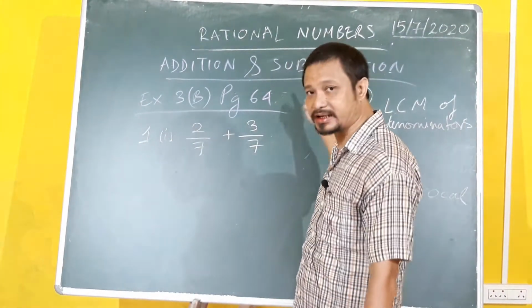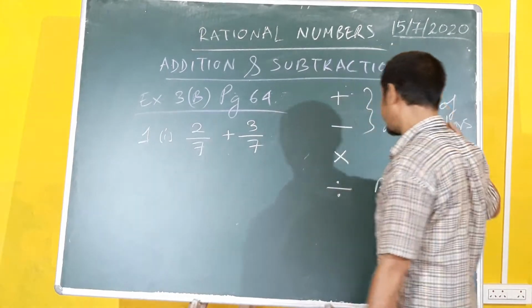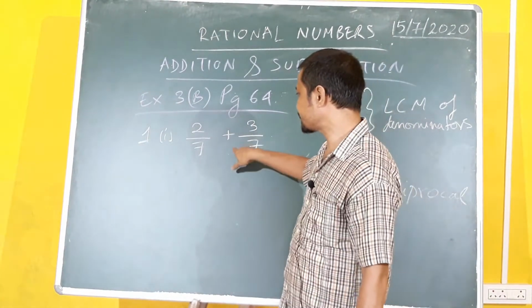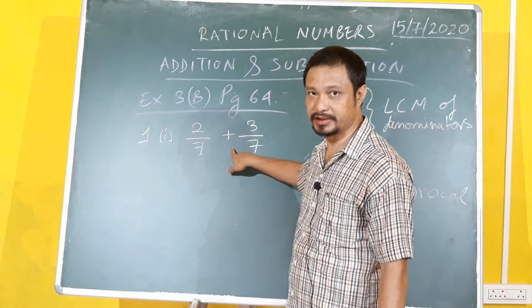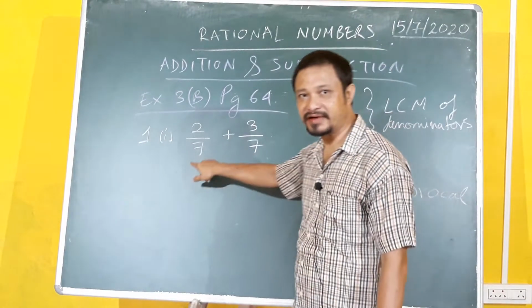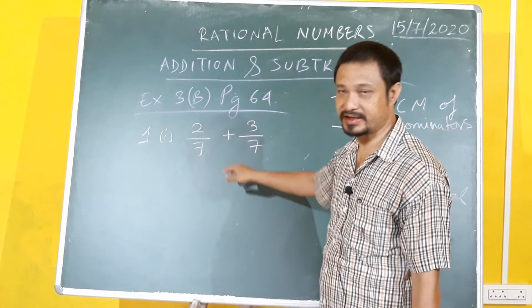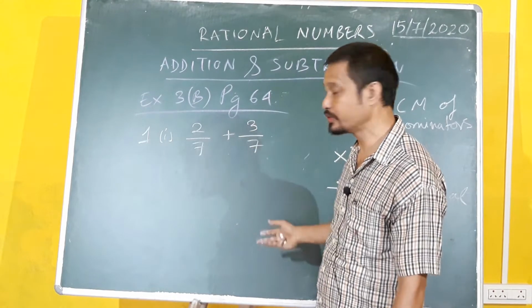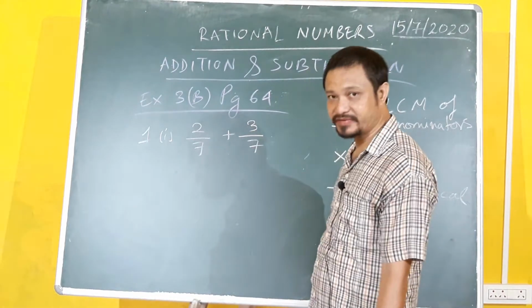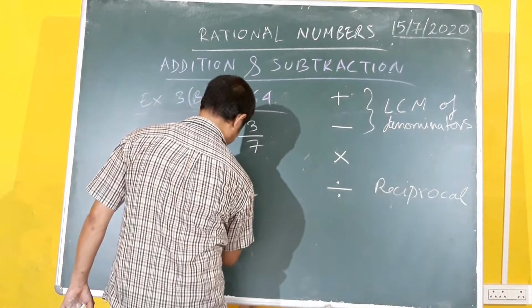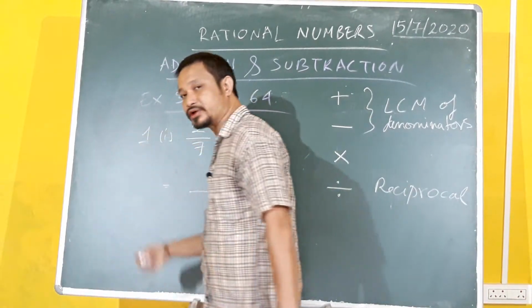So in this case, we have two fractions or two rational numbers. When they meet, the concept is the same as we do in terms of fractions. So when these two numbers are there, what is the relationship between them? It's addition. So what do you do? Find the LCM of denominators, 7 and 7. I hope you know how to find the LCM. As we go on, when the denominators are different, I'll show you how to do it. But in this case, since both of them are 7, naturally the LCM becomes 7. There's not much to think about.